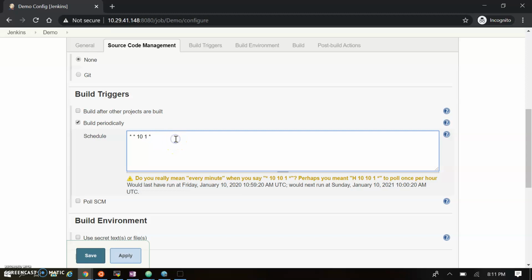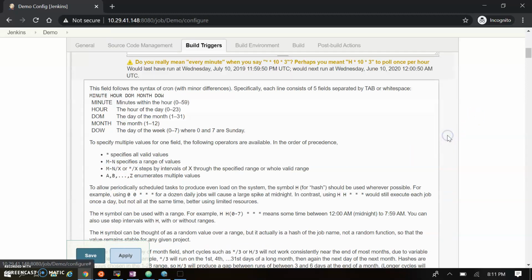And if I want to run on a specific day, the first day, at 10 a.m., you can see it will run on Monday, the first day. Let's change it to the third, and it will run on Wednesday. So this is the day of the week. The format is the same, which we can easily understand.